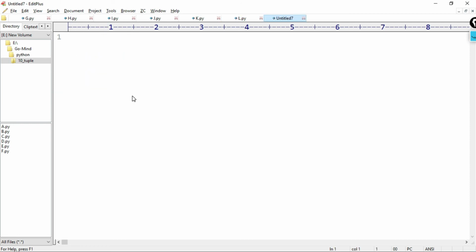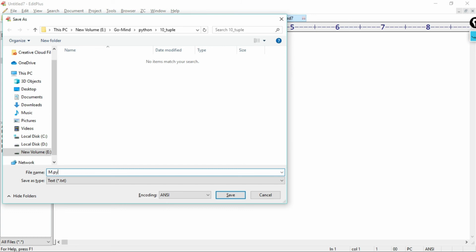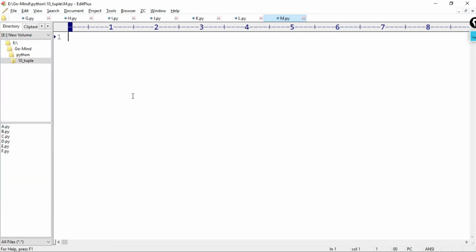Now making a new example, m.py. In the list data type, we saw the method sort, which sorts the list in ascending order. But we don't have such methods in other iterables. For all the iterable data types, we have a function sorted, which will sort the iterable in ascending order.